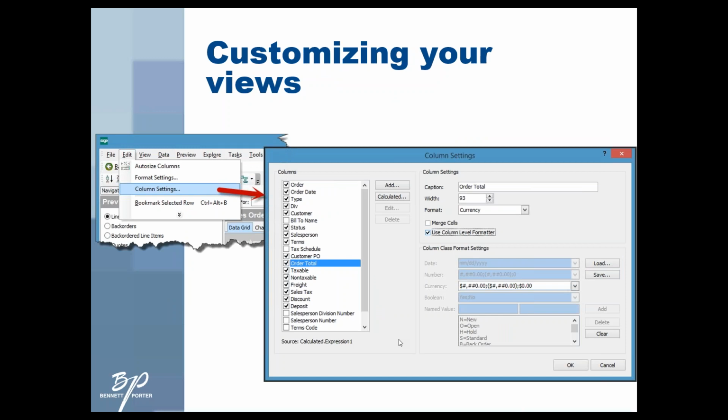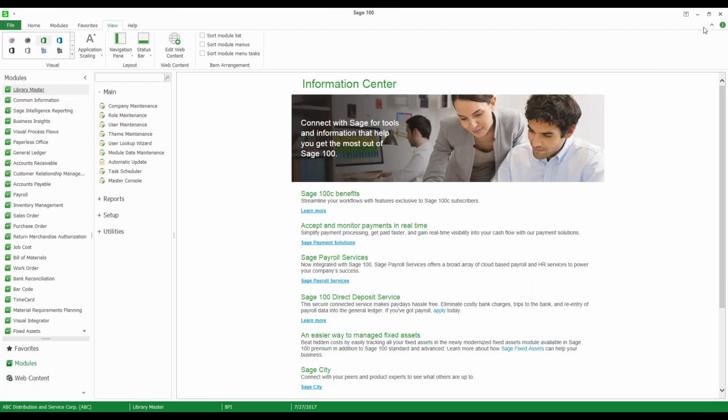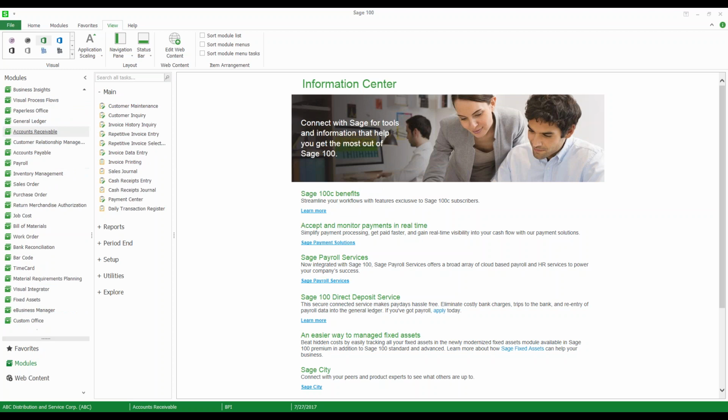Okay, and I'm going to switch over to Sage. And in Sage, to navigate to the Explorer views, there's a couple different ways you can do it. One is you can be in the module that you're wanting to check on or wanting to go to the Explorer view. So if we go to Accounts Receivable and then Explore, we can choose Customer View, Customer History Invoices,